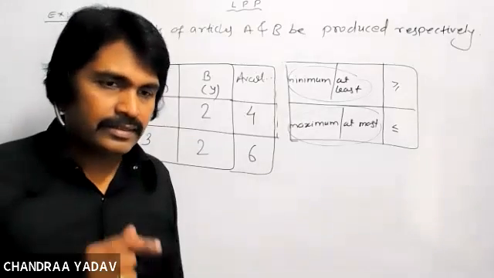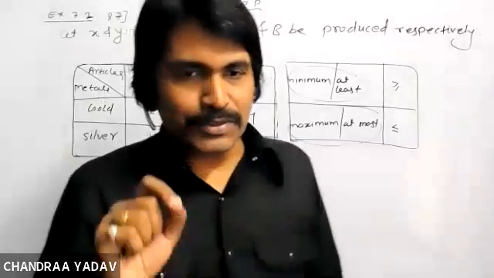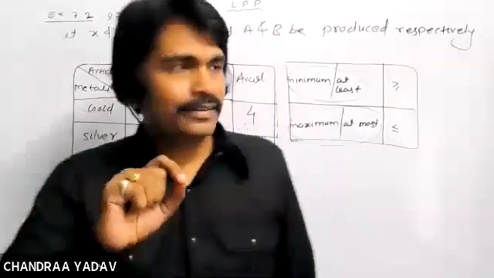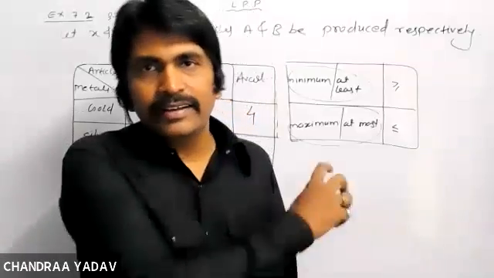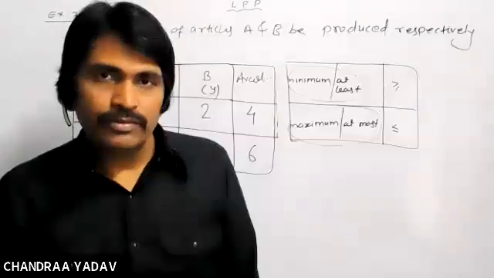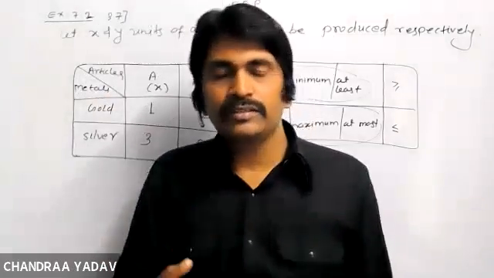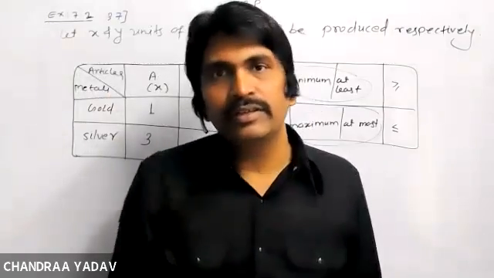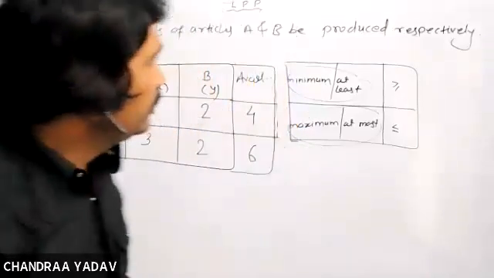The company has 6 gram silver, 4 gram gold. Maximum. Yes, very good. So as I told you, sometimes we won't get this term. If we are getting any term of this, then it becomes very simple. But sometimes we won't get it, so we have to read the question and understand the nature of the given condition, so that we can apply the inequalities.